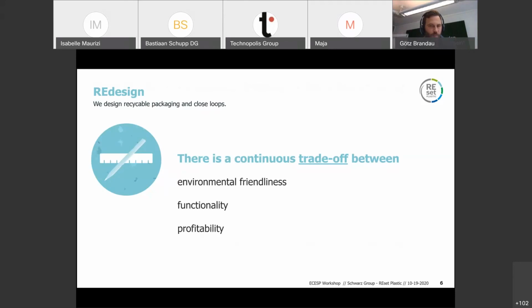But at the same time, as useful as they are from the functionality side, they're today impossible to recycle, at least with today's technology. So they do undermine our recycling targets. And if we were to improve the recyclability of that type of packaging, we would use different material that is easier to recycle, but that also probably means that it's thicker and heavier. So that again would run counter to our reduction targets where we want to use less plastics.